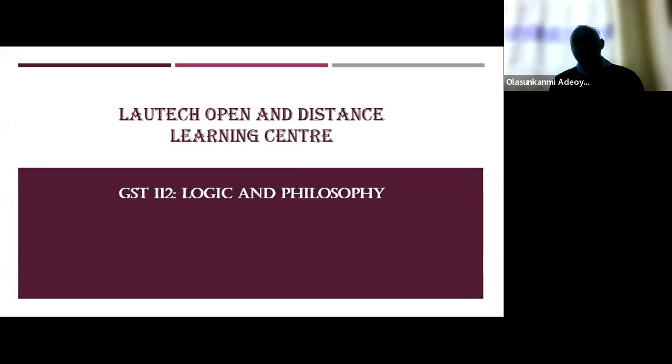Now, let me give you a common definition that will be easier for me and you to understand. Let's take the word philosophy as a case study. Philosophy is two words that come together to become one. The first part of it is philo. The second part of it is what? Sophia. These two words are gotten from Greek words.